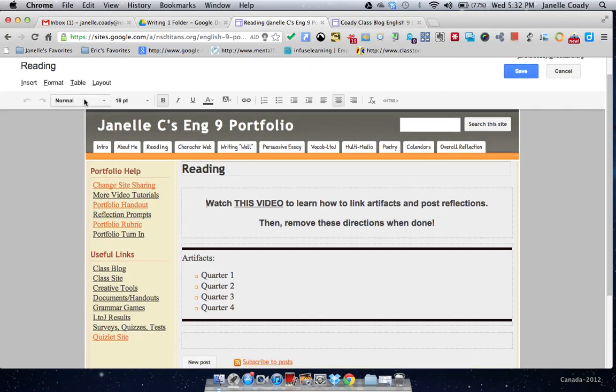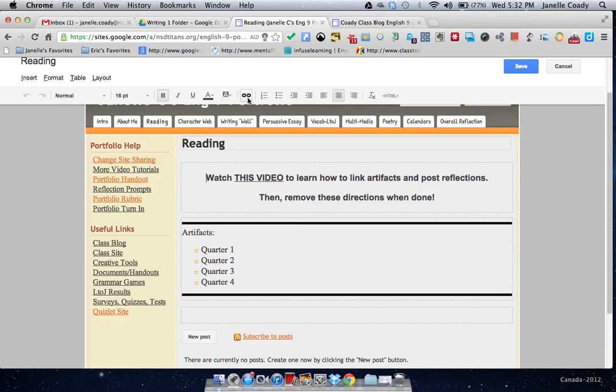So once you're in edit mode, it looks like you have all these features up here, which is a lot like Google Docs or Microsoft Office. And what you want to pay attention to is this right here, which is a link. You can see if you hover over it, the word link pops up to create a hyperlink, which will hyperlink